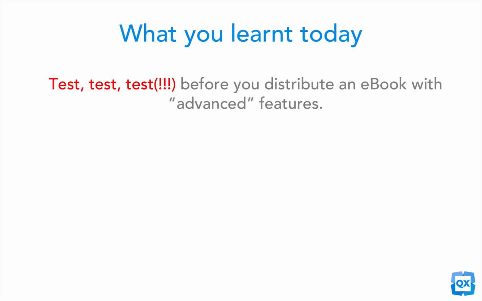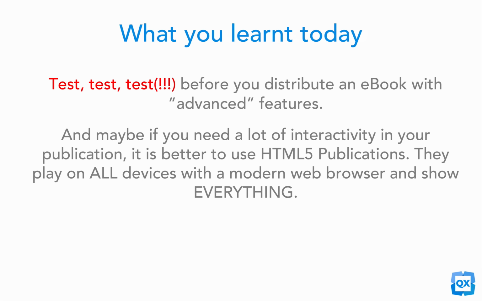And if you need a lot of interactivity in your publication, maybe it's better to use HTML5 publications or native apps. HTML5 publications have the advantage they play on all devices with a modern web browser, so Mac, Windows, Android, iOS, even other devices that have a modern browser, and they will show everything, so all interactivity, all text, all